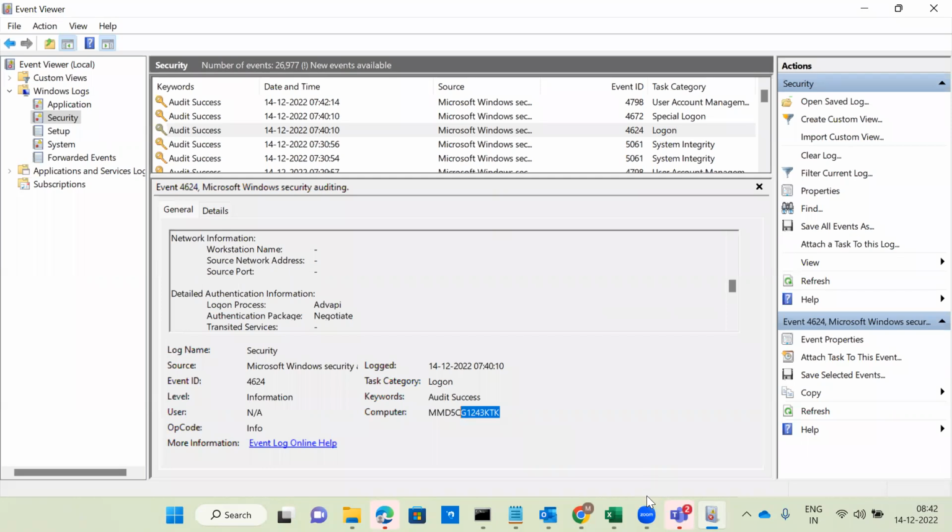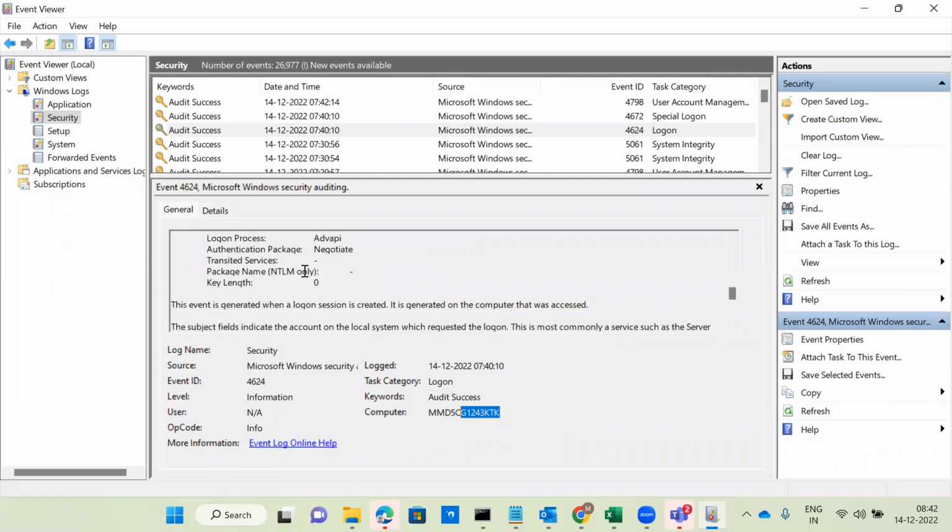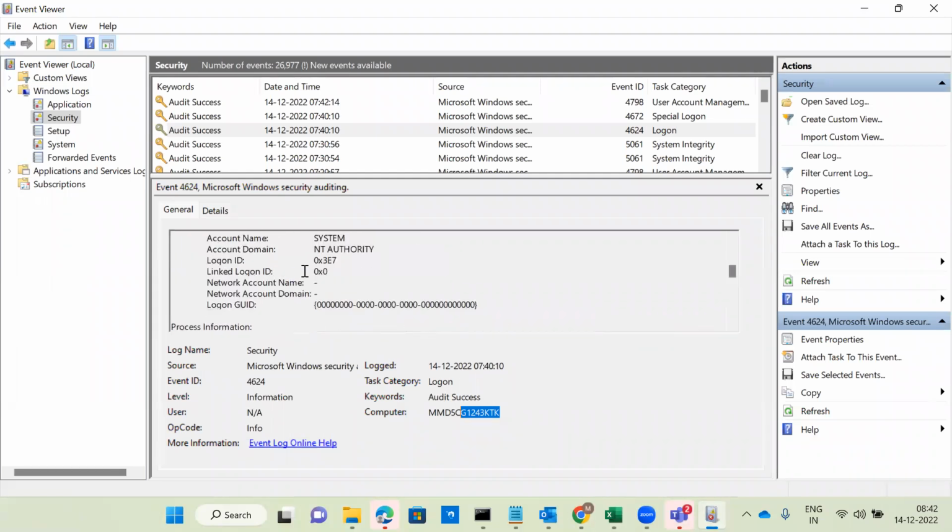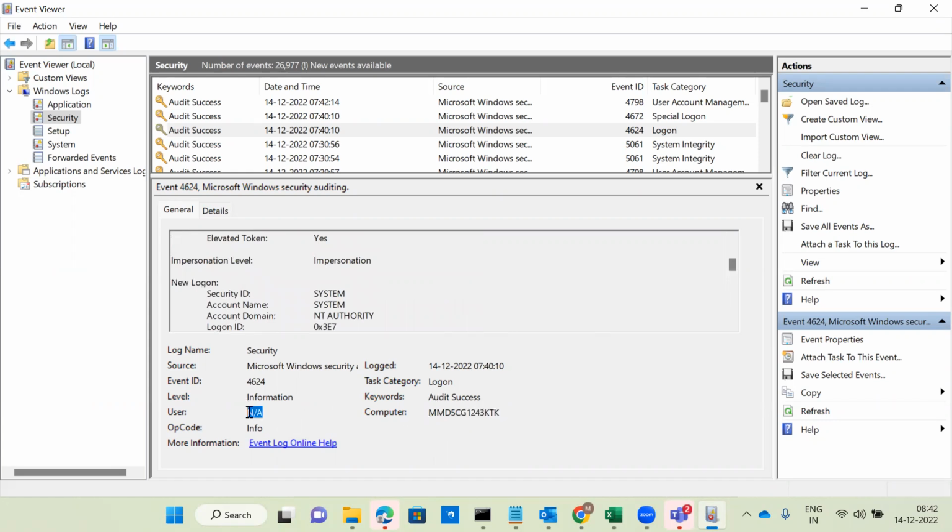As I said, whenever someone is sharing the screen, you have to go through each and every log that appears. You should understand what the log is about. You have to ask the interviewer. So source IP, from this computer; username is missing now, so we can say user is not applicable.